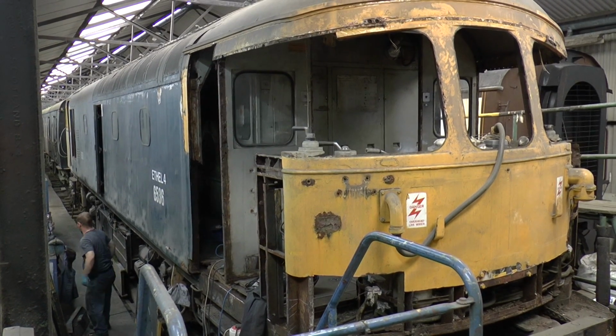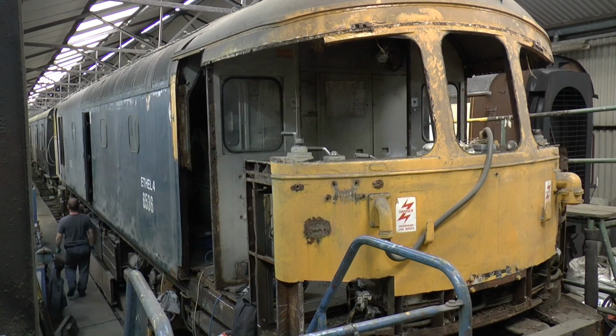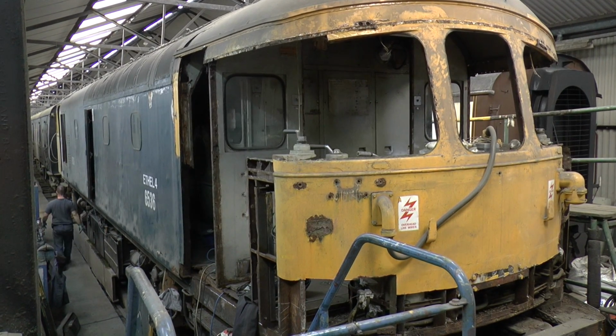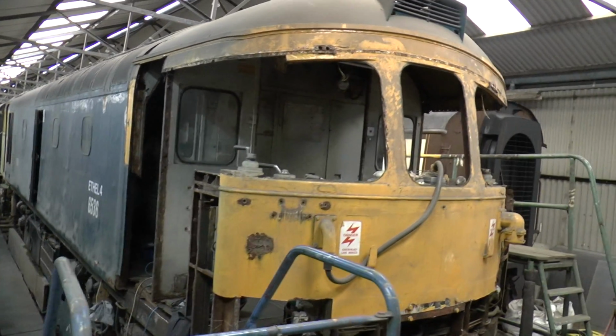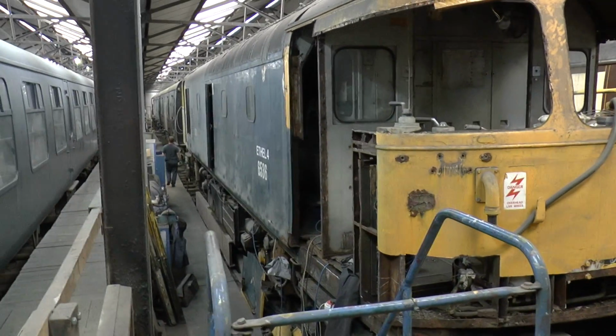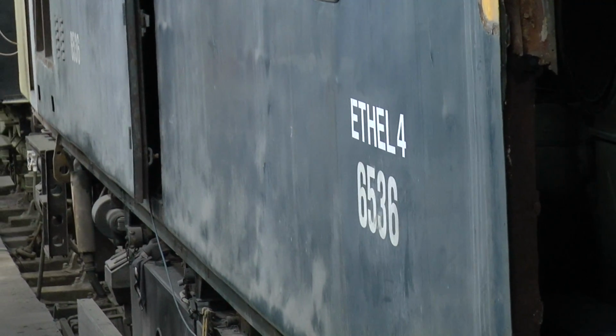It was used as an electric train heating unit for a while, and now it's being restored back into running action, which is a long way away from it. A lot of work to be done on it yet. Again, it's privately owned and private people working on it. We do provide the shed space, in return for which